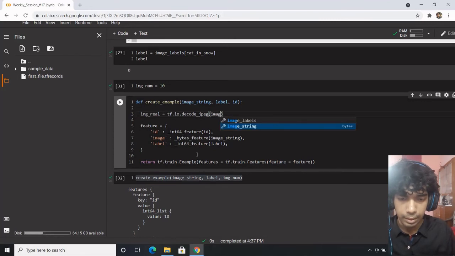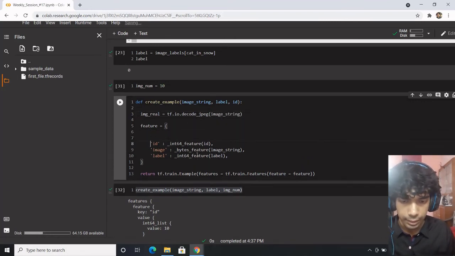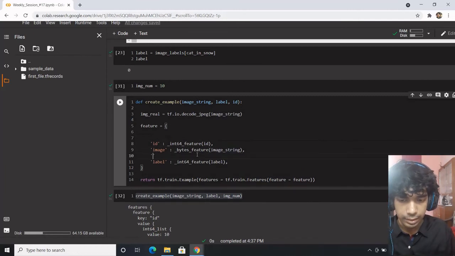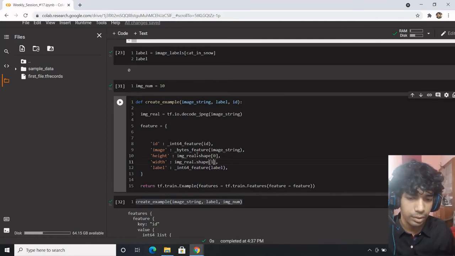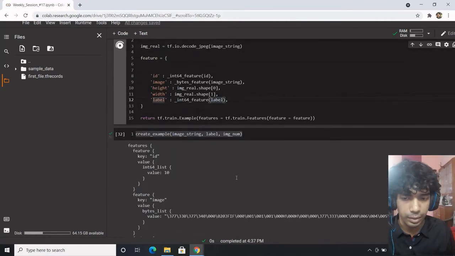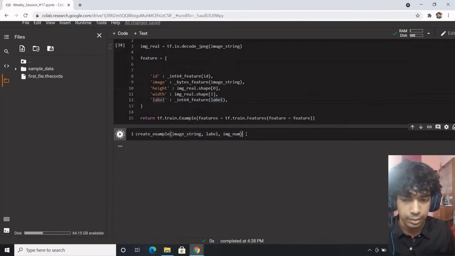And here you can pass the image string, add additional features. Let's say height, width, some features like those, or whatever is relevant to your particular use case. You can add those things. Let's test it out.